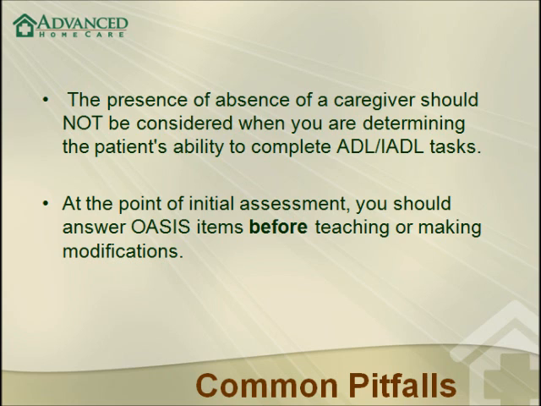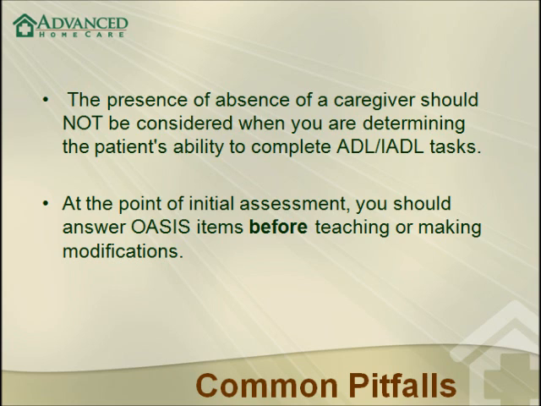If a male patient's wife always prepares meals, you'll need to determine if the patient has the physical, cognitive, and mental ability to prepare a light meal within their diet restrictions. That means that a patient restricted to a pureed or soft diet that can only prepare a sandwich and not items on the prescribed diet would be considered unable to prepare light meals and scored as a 1 or higher